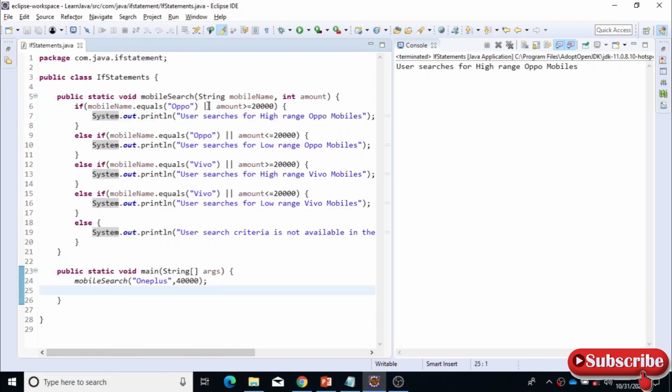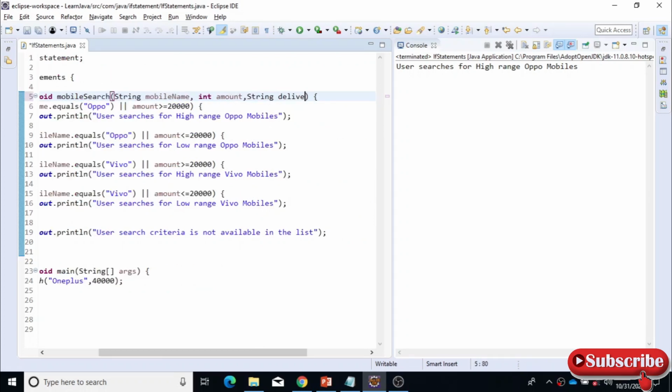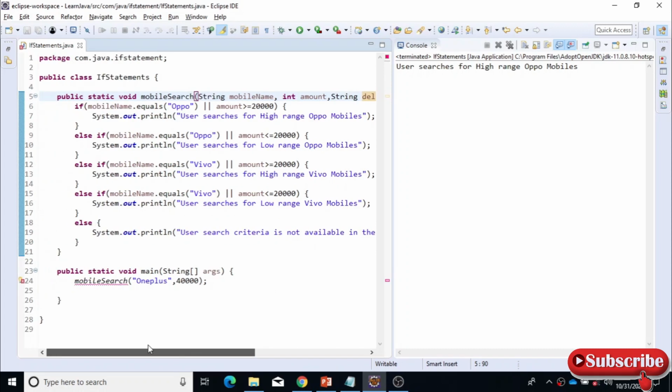Okay, fine. And now we can give multiple logical conditions also. So let's see one condition like that. I will add one more parameter here called string delivery location, and we'll set some locations that are allowed for this mobile delivery. Let's consider these two statements.